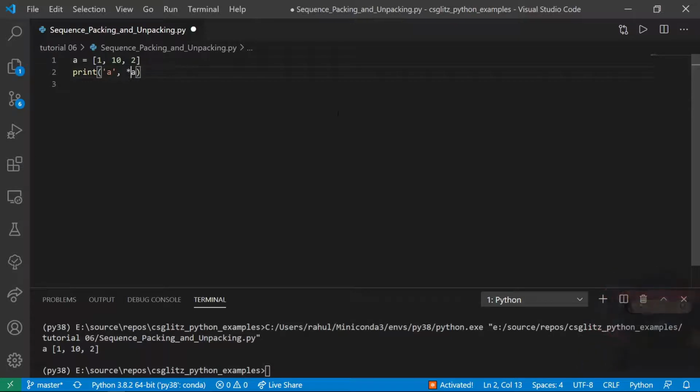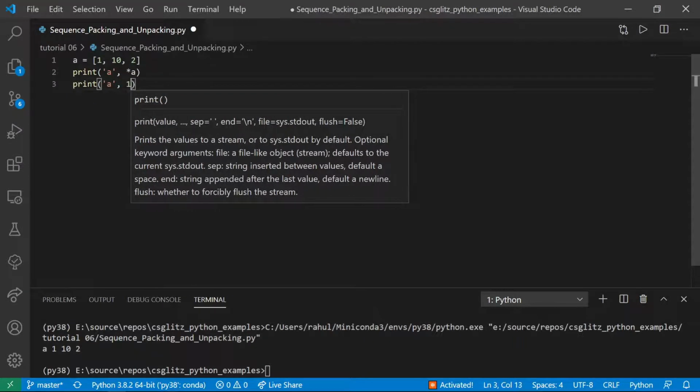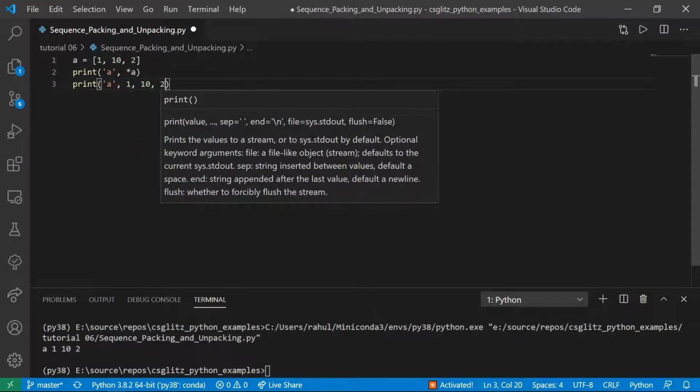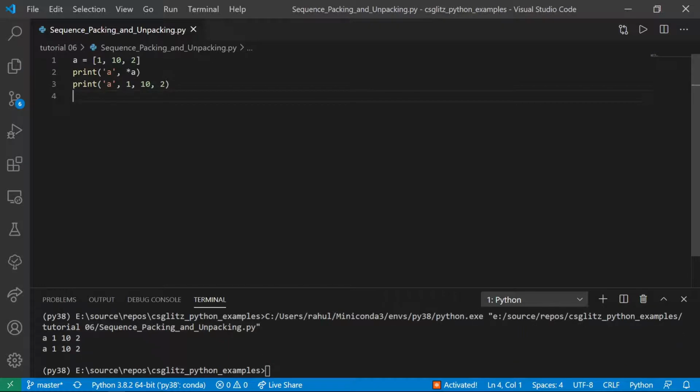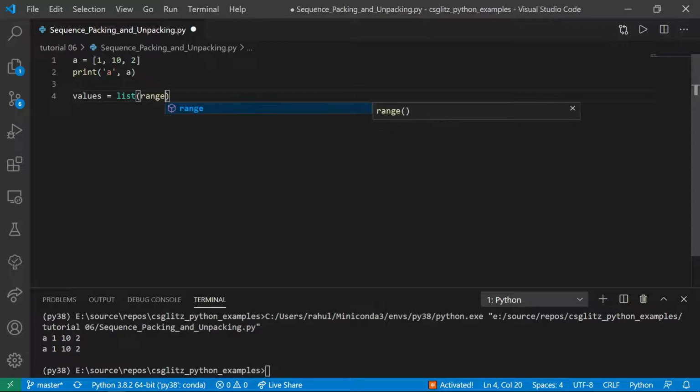If we use an asterisk without assignment, then instead of packing, it will unpack the list. What this will do is put each element separated by a comma without the list, which is the same as passing values individually. We can use unpacking to pass arguments in any function.